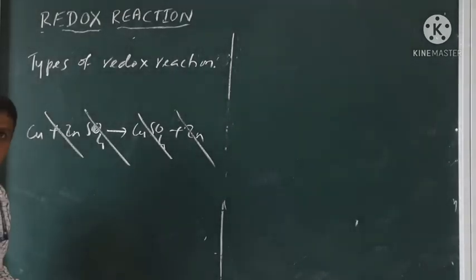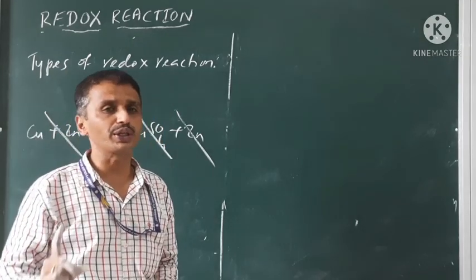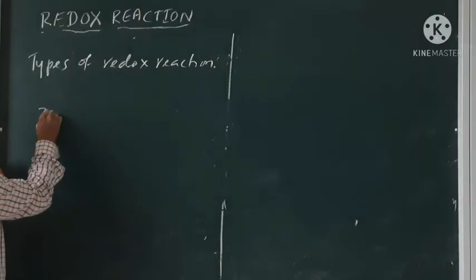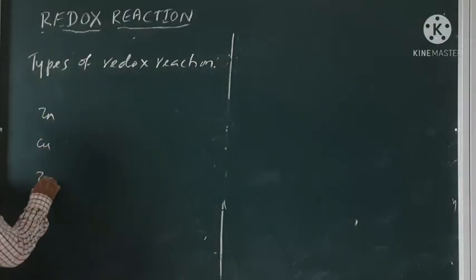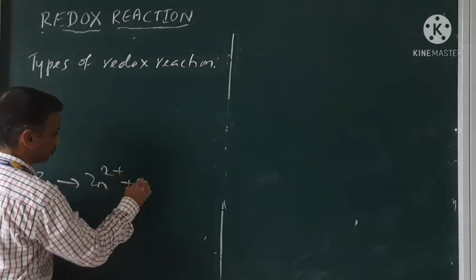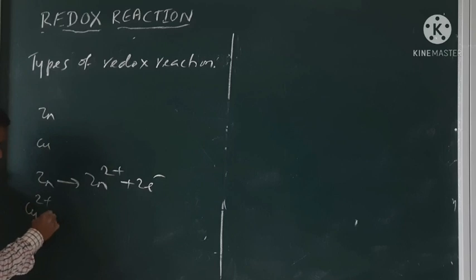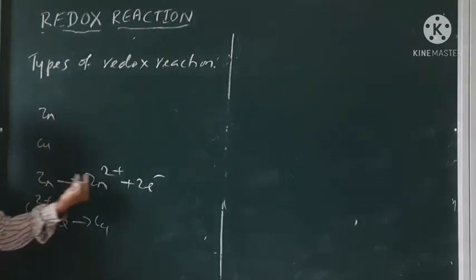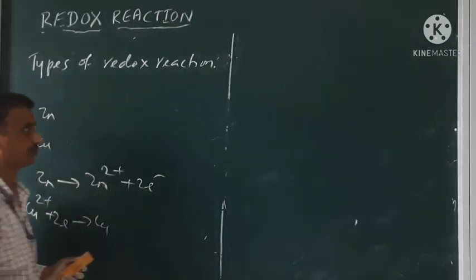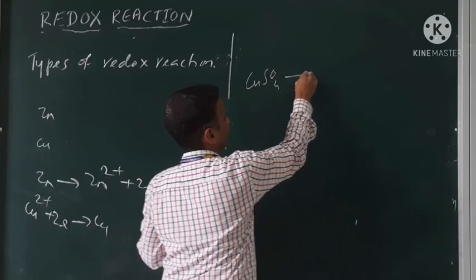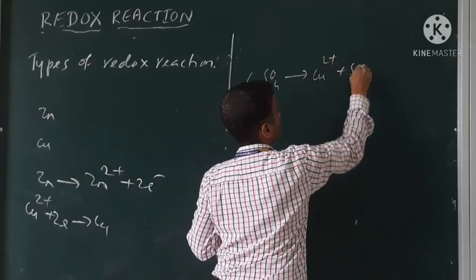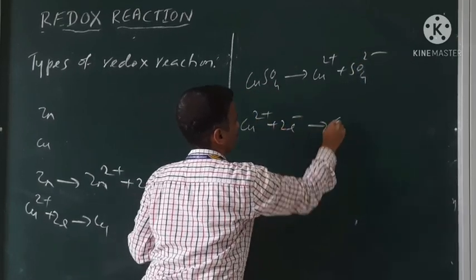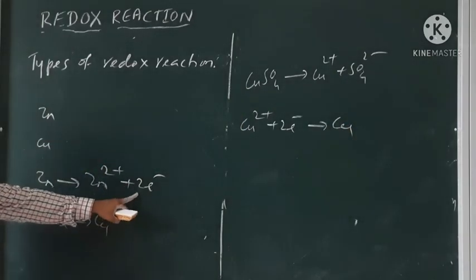That's why zinc sulfate can be transported in the copper vessel but not copper sulfate in the zinc vessel. When zinc and copper are together, zinc has the tendency for oxidation, while copper has the tendency for reduction. Copper sulfate is an electrolyte, giving Cu2+ and SO4 2-. Cu2+ will take the electrons of the zinc to give copper. This electron will be taken by this.